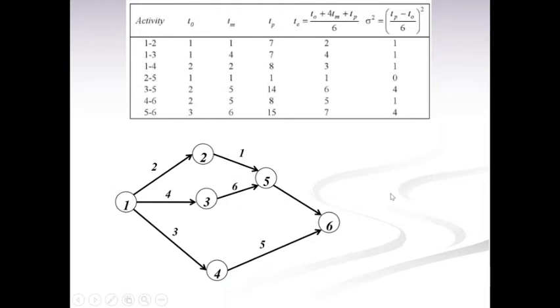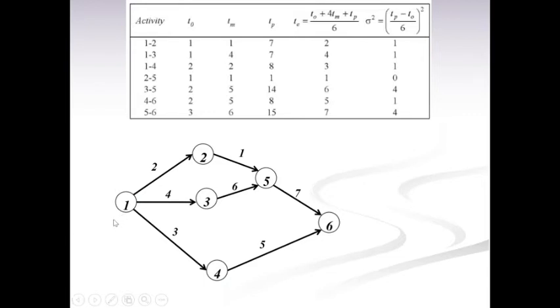We take all the TE values, and now we have to calculate capital TE and capital TL values. Capital TE by using forward pass calculation, and capital TL by using reverse pass calculation. You should not confuse it with small te, as we already discussed in the CPM method.